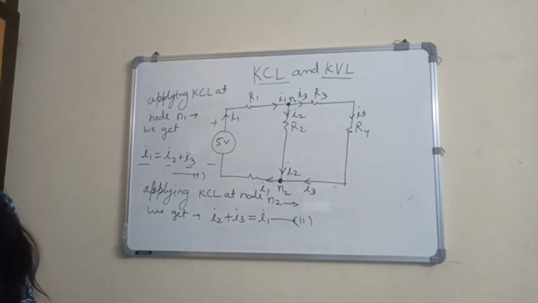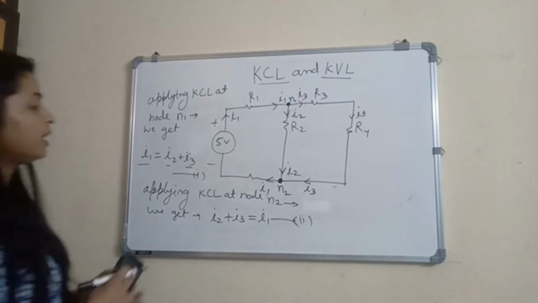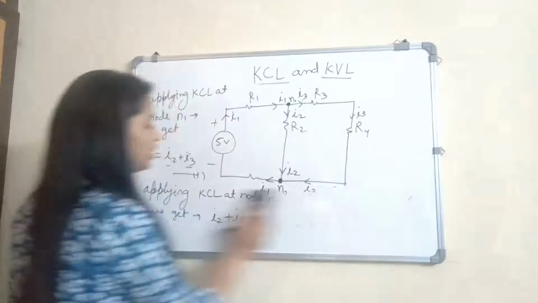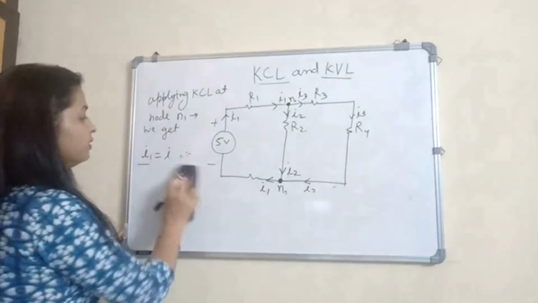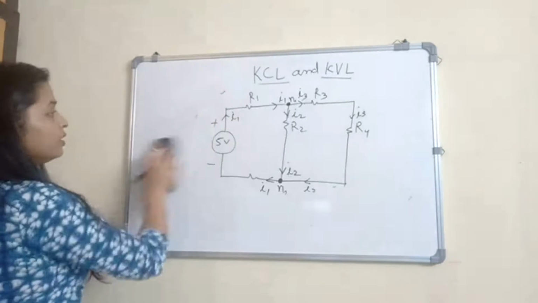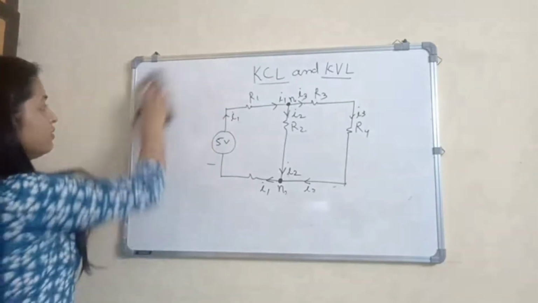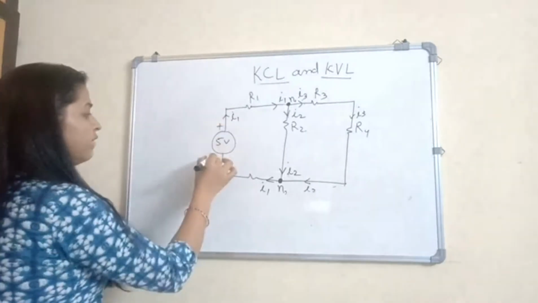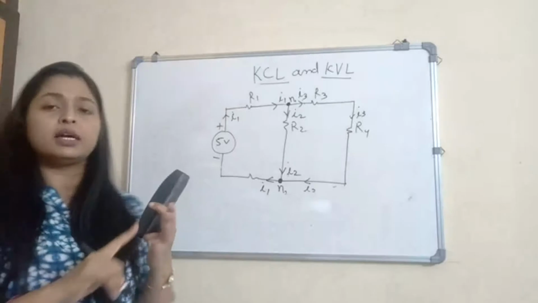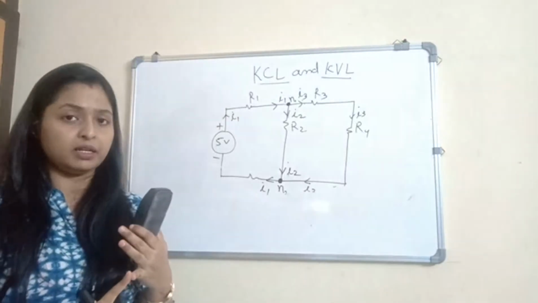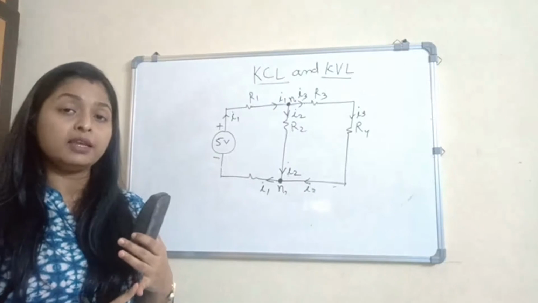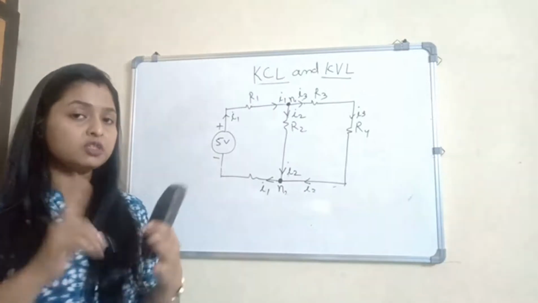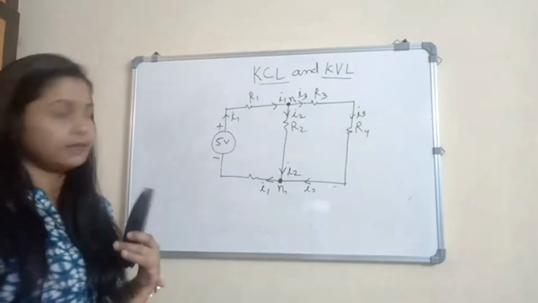Similarly, we can apply Kirchhoff's voltage law here. How can we apply? Let's apply Kirchhoff's voltage law in the same circuit, then we go to the calculation part. First, we need to recognize the sign of EMF batteries: when we take positive, when we take negative, and what the criteria are to decide positive and negative. First, we should be very clear with that.